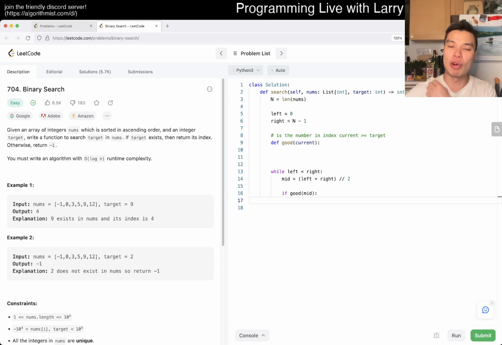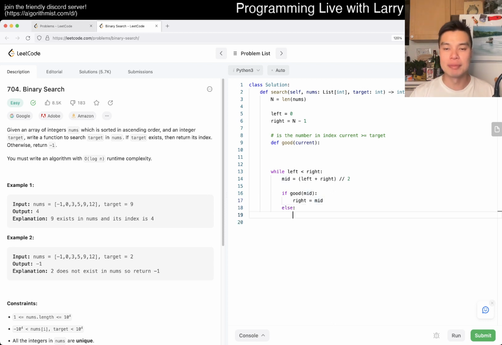Basically, what we want to do here is return the smallest number that's equal to or bigger than target. So we restrict our search range by making it smaller, and we set right equal to mid, and because we have inclusive bounds, we can just set it to mid because mid is a potential answer.